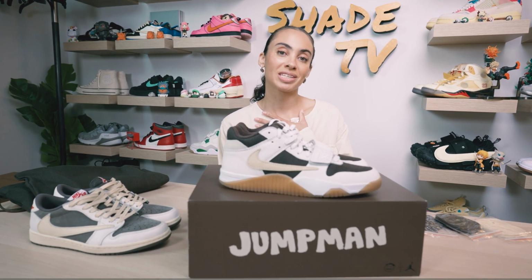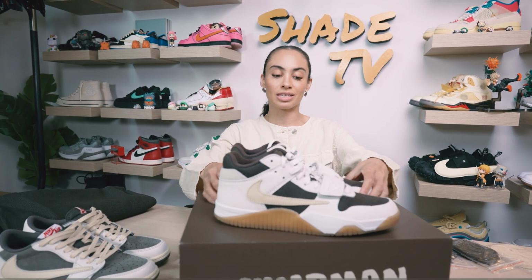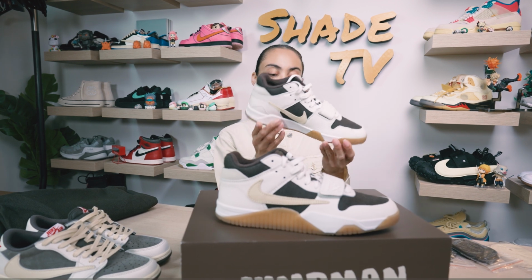My name is Marissa Hill and today we're going to be taking a look at a collaboration with Jordan Brand and Travis Scott, this time on the Jordan Jumpman Jack TR, and this is in the Sail and Dark Mocha colorway. Let's take a quick